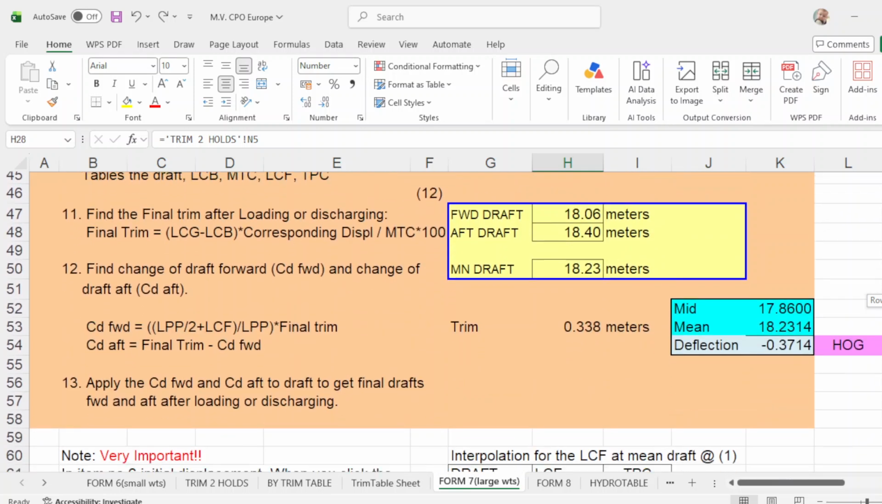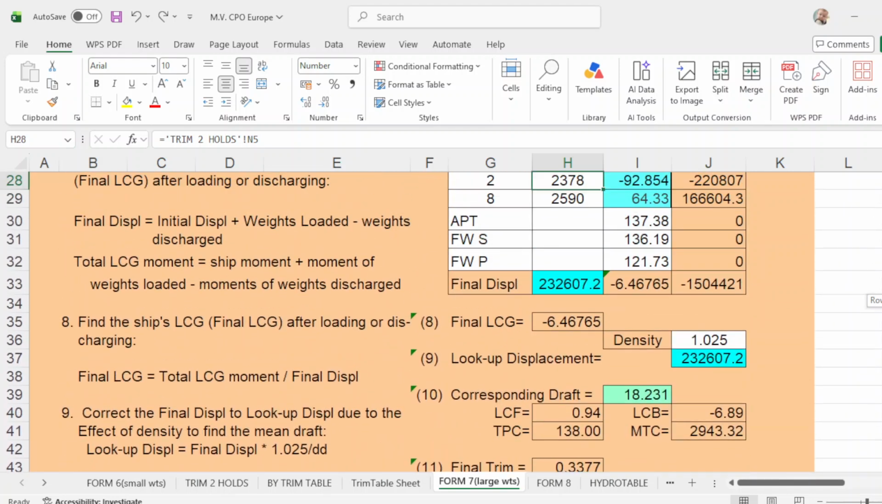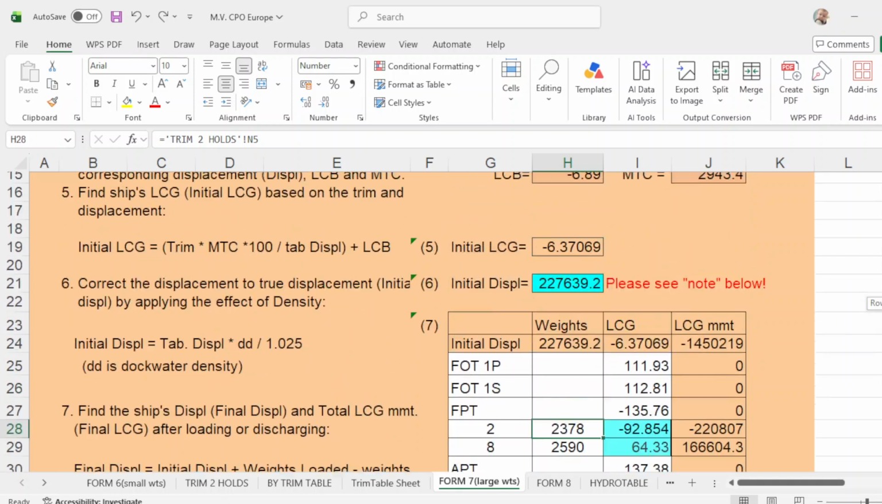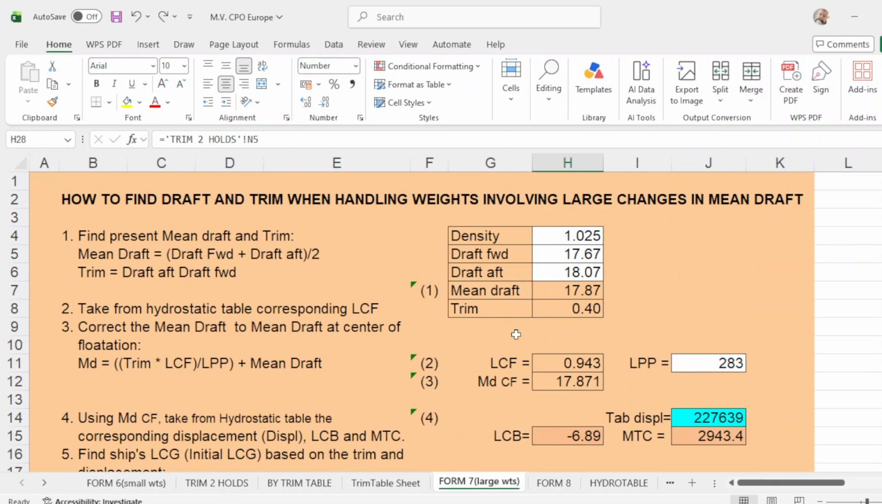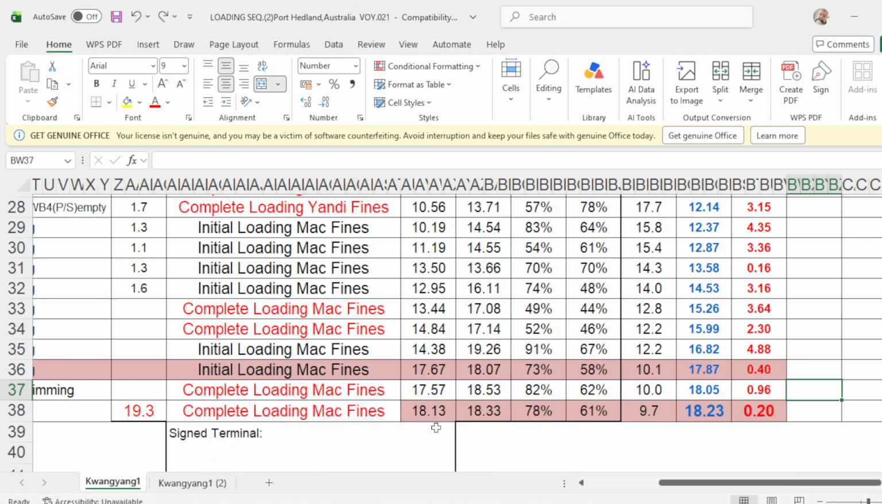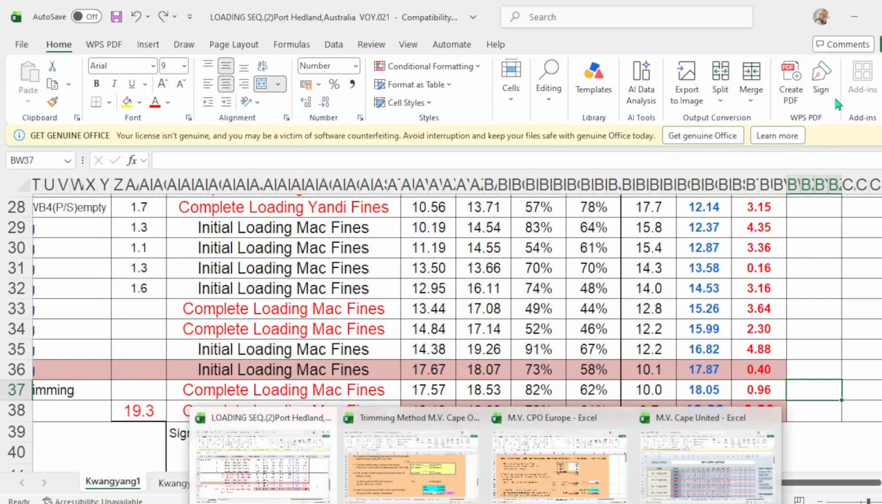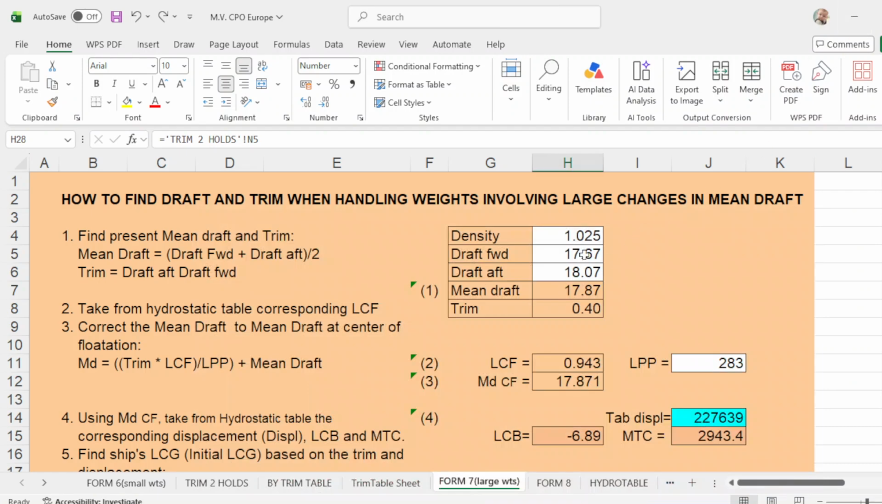this is CPU Europe, okay? So what happened here? We'll check, double check. 1767 forward. 1767, 1807. 1767, 1807, 1767, 1767, 18.07. Okay,